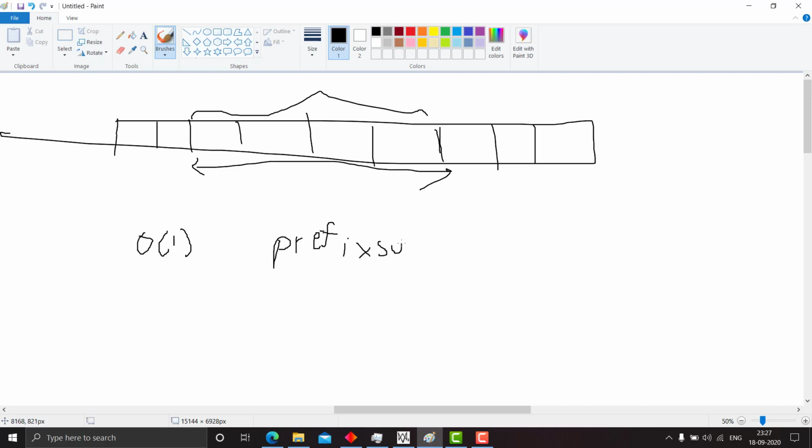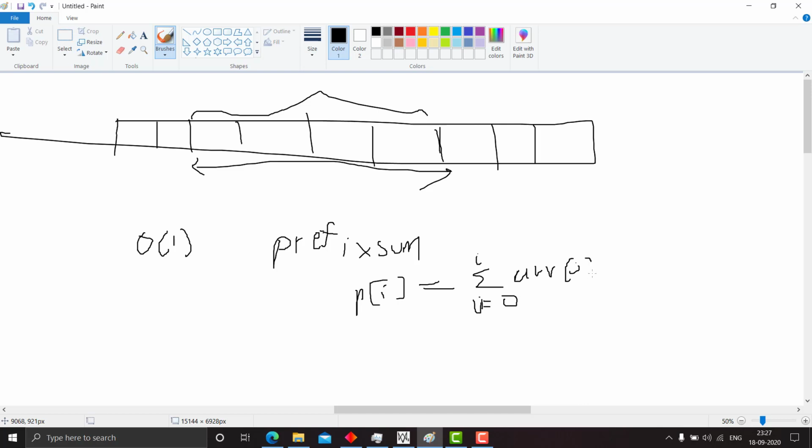In the prefix sum array, the value of P[i] will be the sum of arr[j] for j equal to 0 to i.